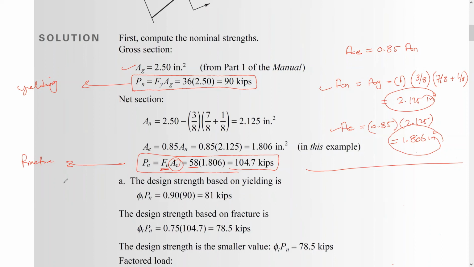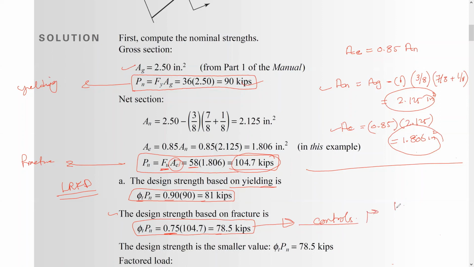For the LRFD method, the design strength based on yielding is going to be phi times the nominal strength. Nominal strength, we got it from here, and the phi is 0.9, so it's going to be 81 kip. For fracture, it's going to be 0.75 times the nominal strength based on fracture, which is 78.5. Which one is the smallest? So this one is going to be the control. So this one is the design strength